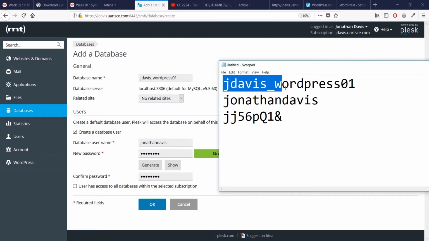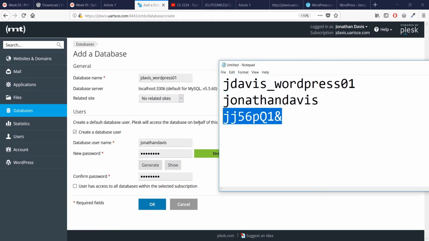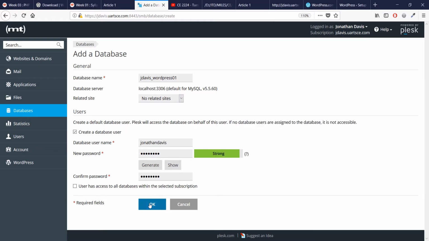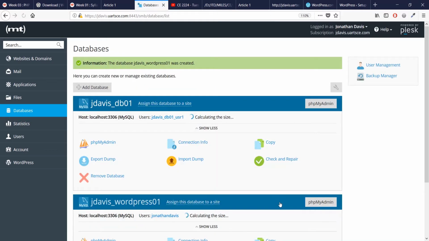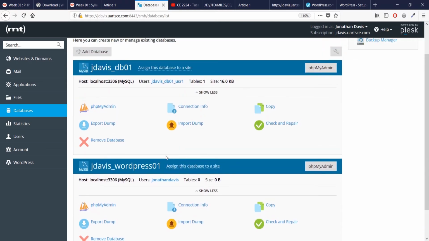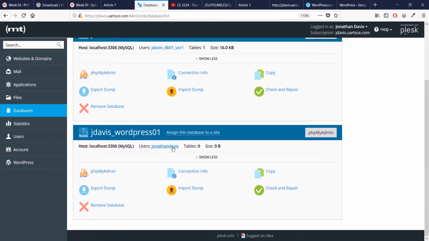Yeah, I have these three pieces of information: the database name, the username, and the password. I'm going to click OK, and it lets me know that database is created. Now, I notice that Media Temple does this automatically. However, some hosts,